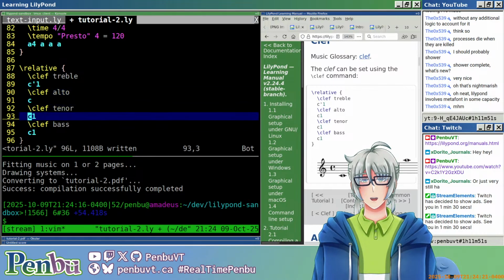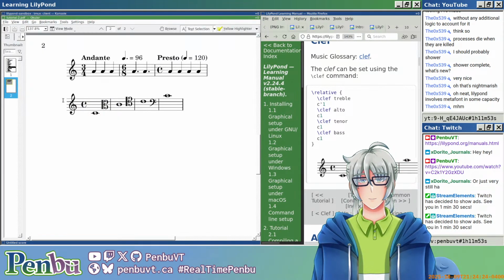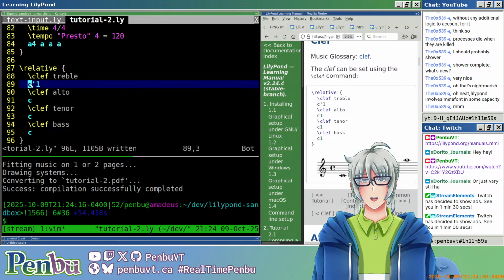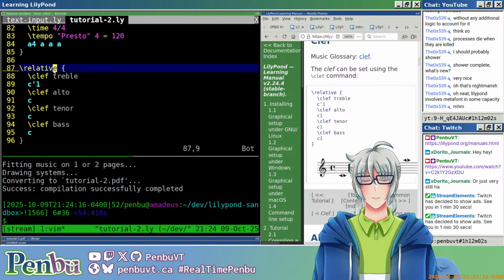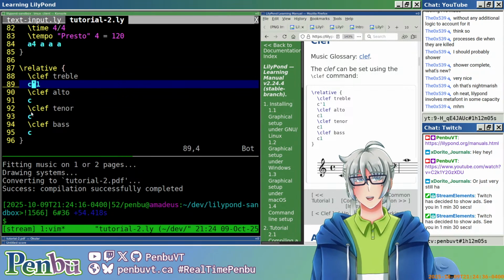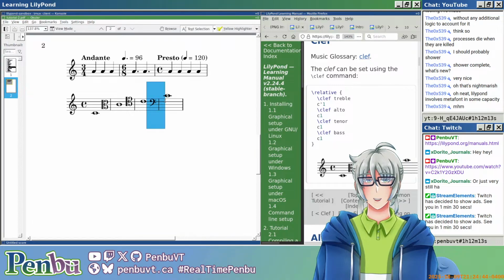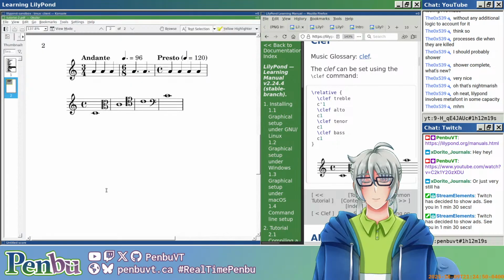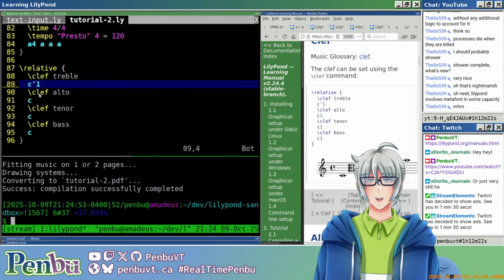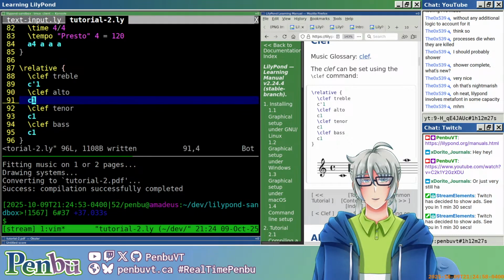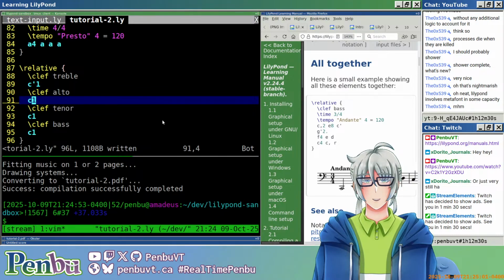So what happens if we don't do that? And actually, interestingly enough, oh no, it's the same note every time. So it's the same note every time, and it is in relative mode. So this is middle C every time, just on different clefs. So here it is on the alto clef, and then the tenor clef, and the bass clef in their respective positions. So if we remove that, I expect to see the same thing. Yeah, so the ones there were redundant. Altogether,